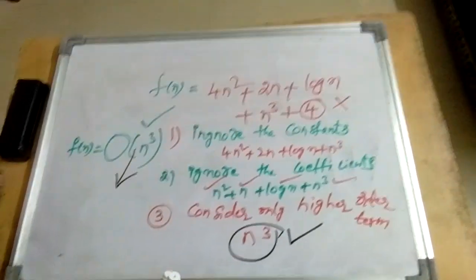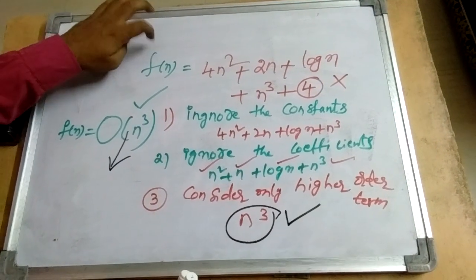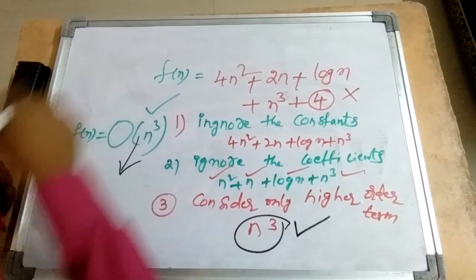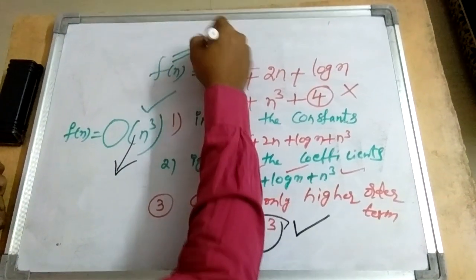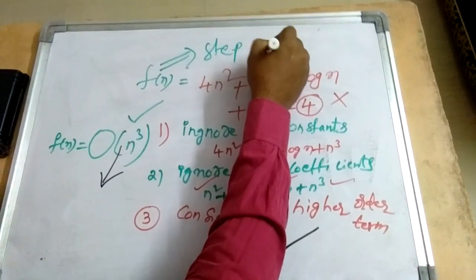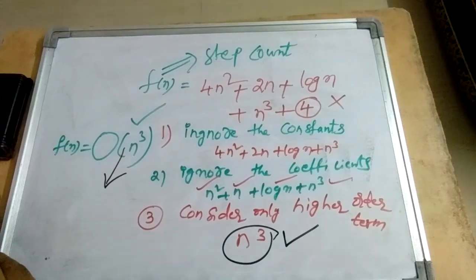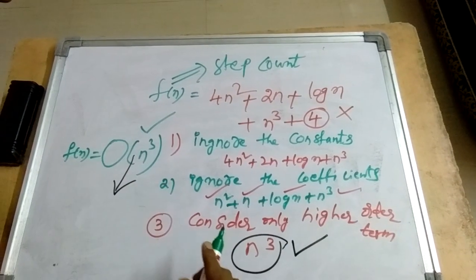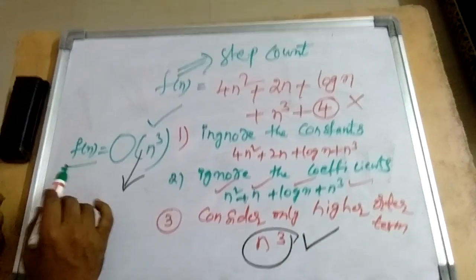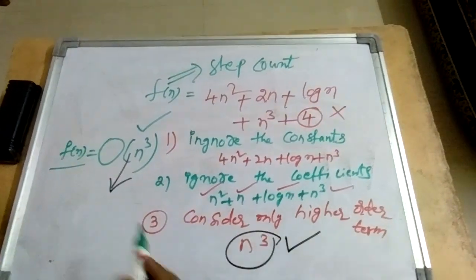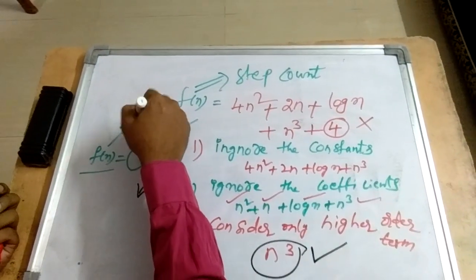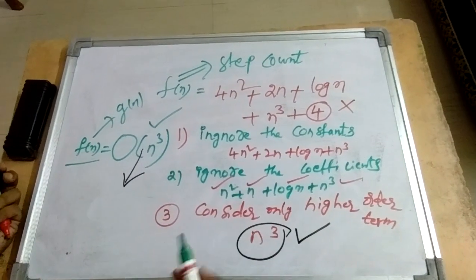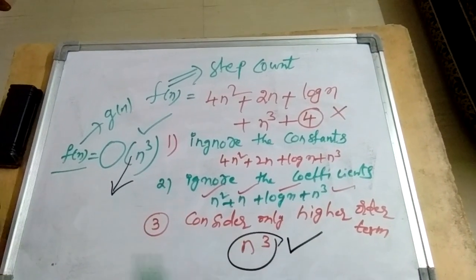What is the challenging issue here is, for the given algorithm you have to calculate f of n first. F of n, in algorithmic notation, is simply a step count. Step count related to the involvement of the CPU. So for every operation there will be involvement. You try to get the total step count of the given algorithm, then that will be the f of n. Once you get the f of n, in the trial and error method, you try to calculate the g of n, which is the closest upper bound for the f of n. The trial and error method is simply finding the constant value and also the n naught value, a positive integer.